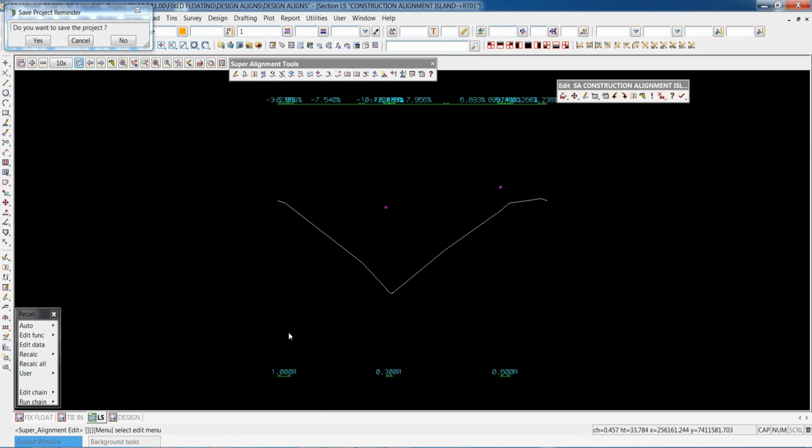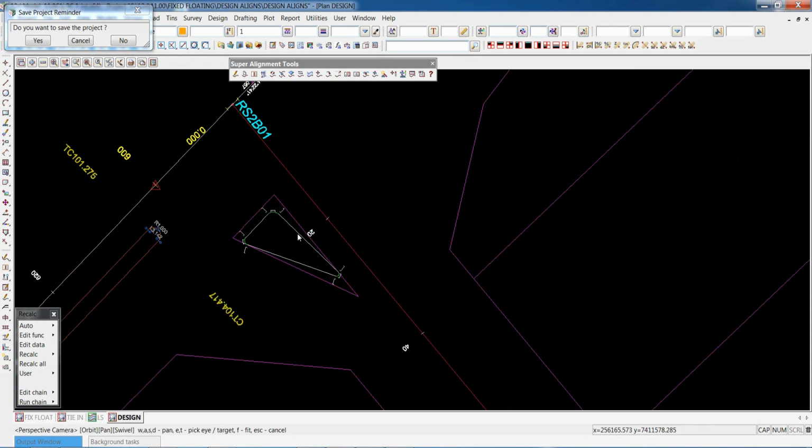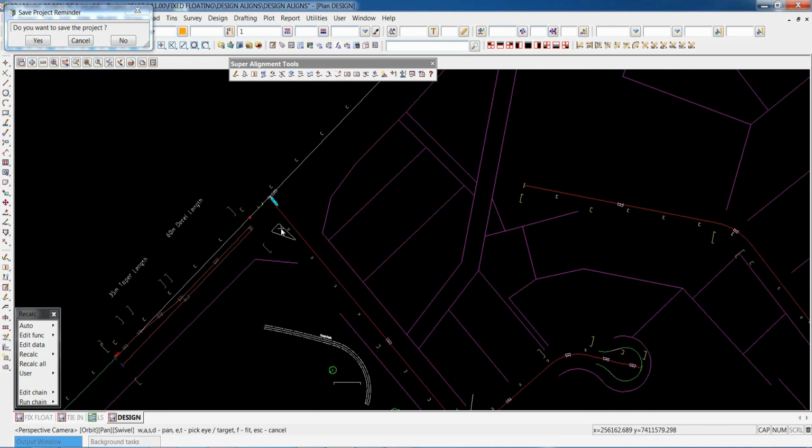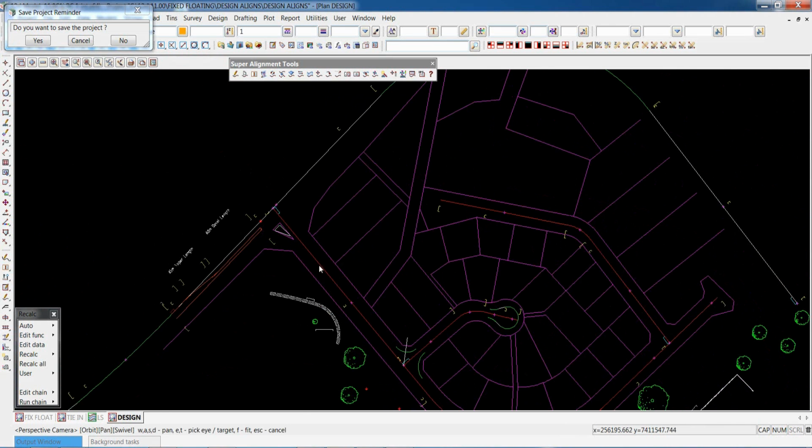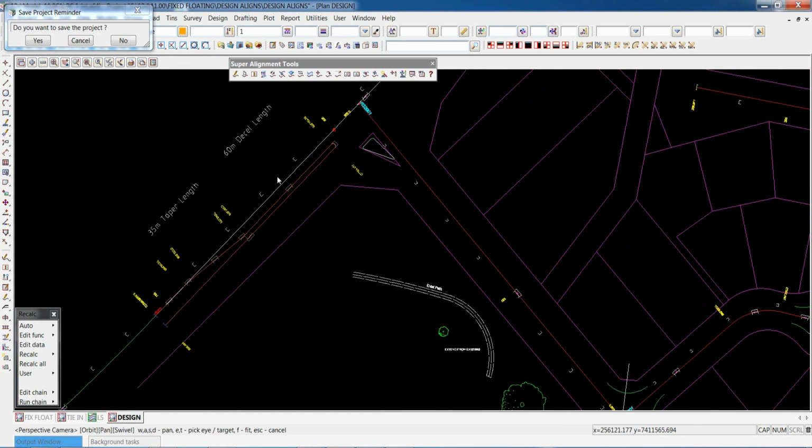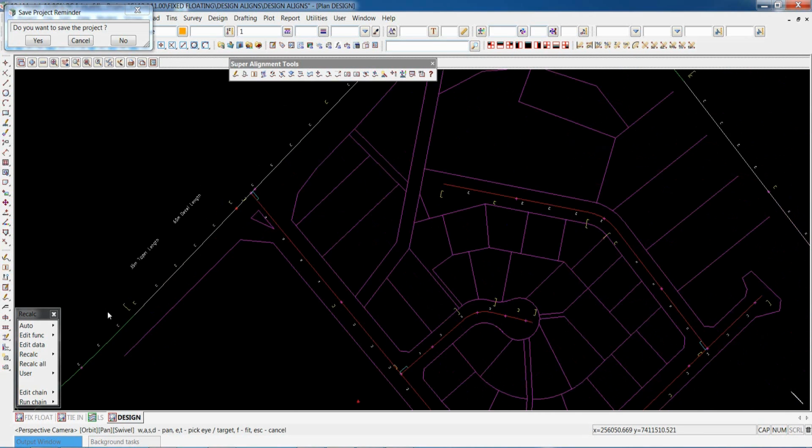So again, you look at the simple geometry. We've reused quite a few little parts. Not anything altogether difficult. We're able to reference things, rather than when we first started by just picking 2 points on a boundary. We're able to reference something and put an offset. So if any of those reference things change, we can just go and resolve, either manually or through a chain, to update our alignment strings.